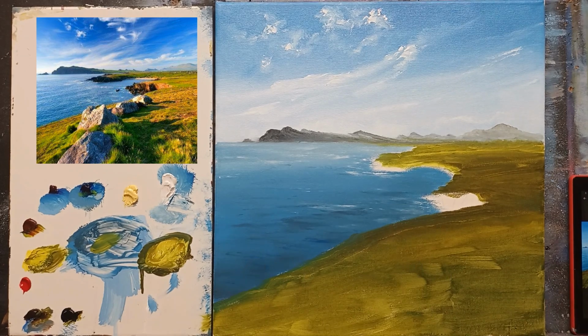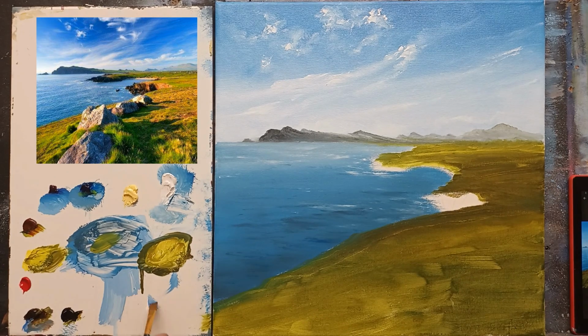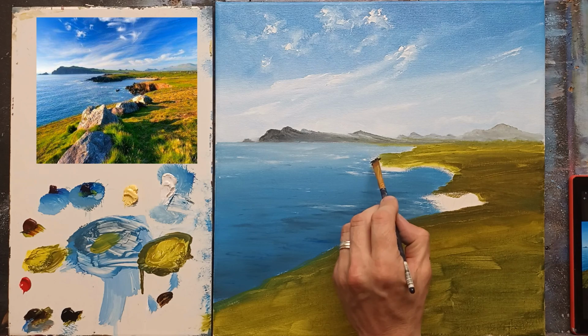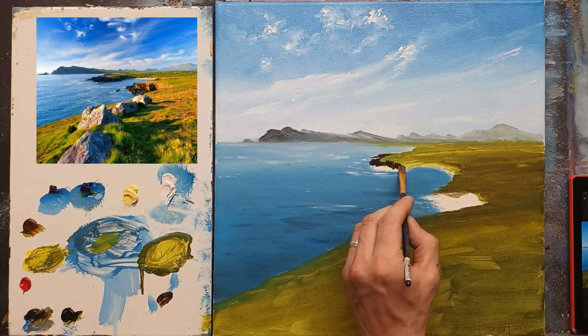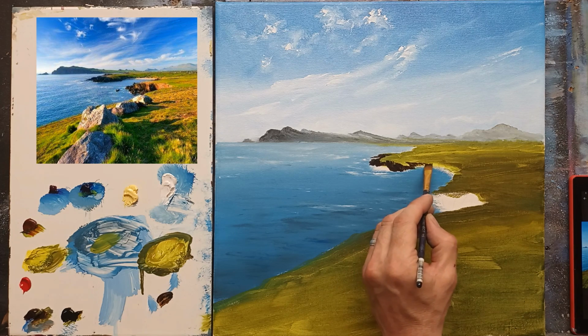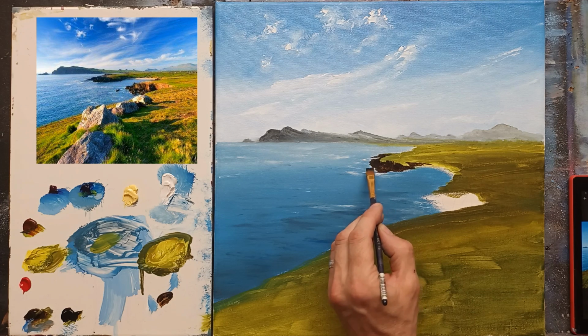I think now what I'll do is go to a slightly smaller brush and start working on some of these up here. Okay, so I'm going to get some burnt umber and some black. And these now will really bring out the shapes. So I'm just going to start by filling in this part of the land up here, this cliff, and it comes right around and it goes off down like that, doesn't it? So fill it in like this,